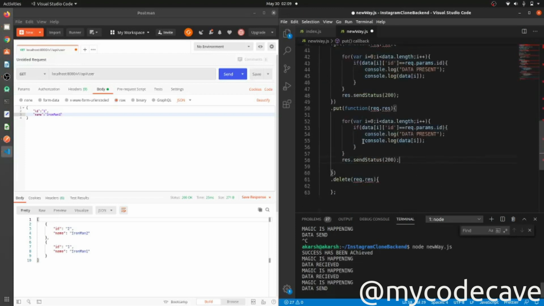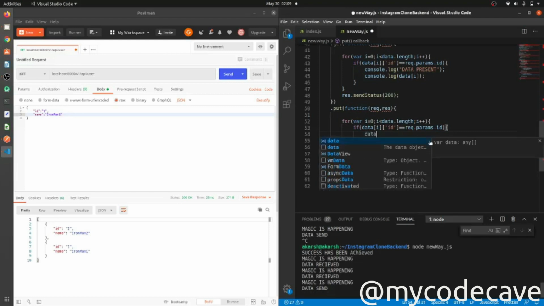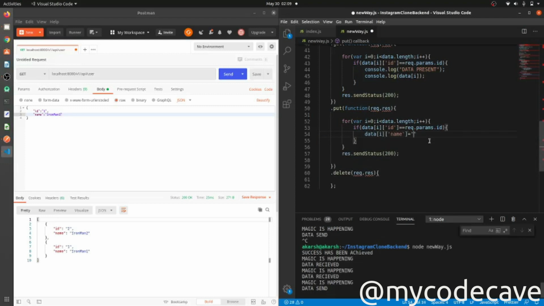What I will do is change the name of the ID, like data at I with name, and let me change that name to Spider-Man. And one more thing, if you are using a put method, you can directly send a body there also.